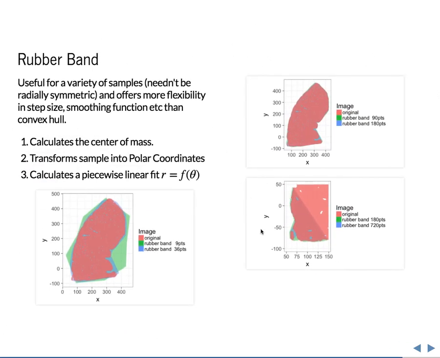And so one of the approaches we have for this is this sort of rubber band idea where you calculate the center of mass, transform the sample into polar coordinates, and then calculate a piecewise linear fit. So if you take your sample, convert it into polar coordinates, and do a piecewise linear fit around the values of theta and figure out what the values of r should be, you can do 9 points, 36 points, 90 points, 180 points,